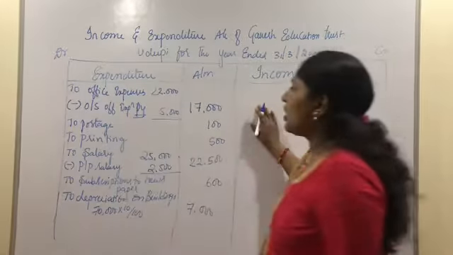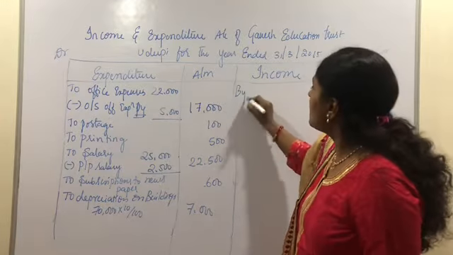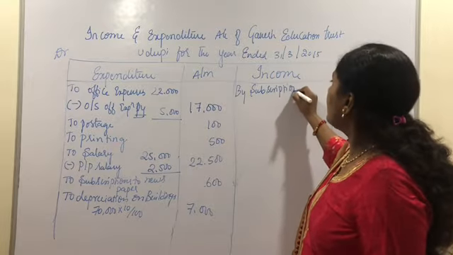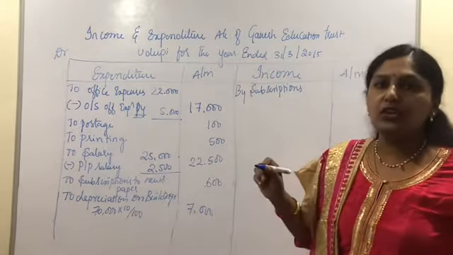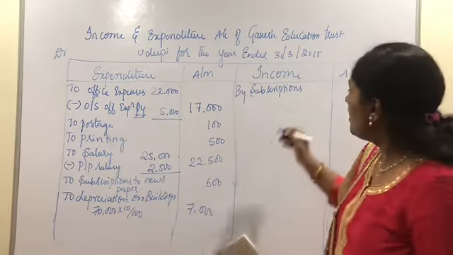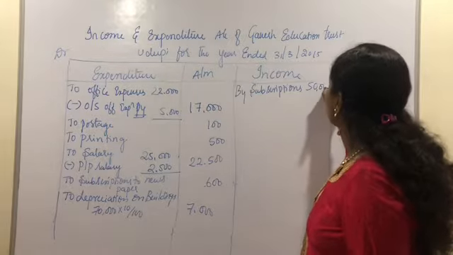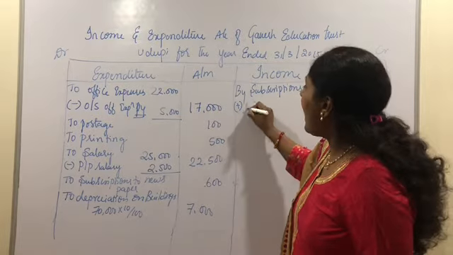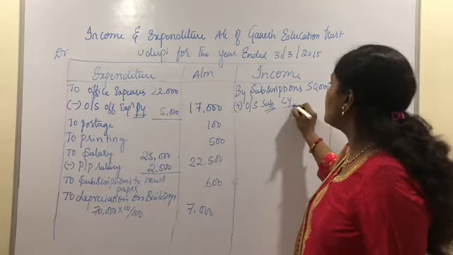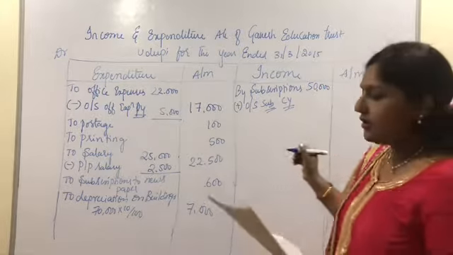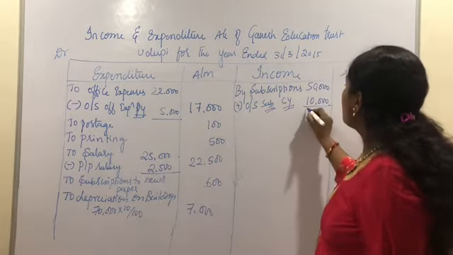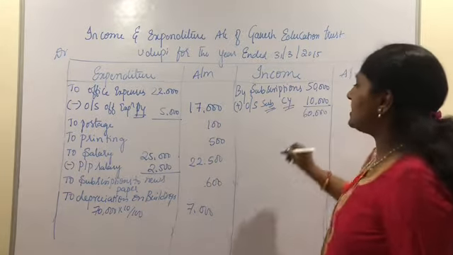So the first income according to the problem is subscriptions. By subscriptions, again we need to write the balance of subscriptions in the inner column because we have 2 adjustments related to the subscriptions in the given problem. So 50,000 is the balance of subscriptions. Now let us add the outstanding subscriptions for the current year. CY stands for current year. So the balance of outstanding subscription for the current year is 10,000. So the gross balance will increase to 60,000.